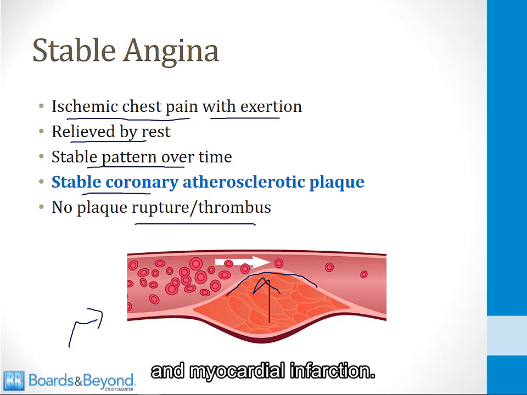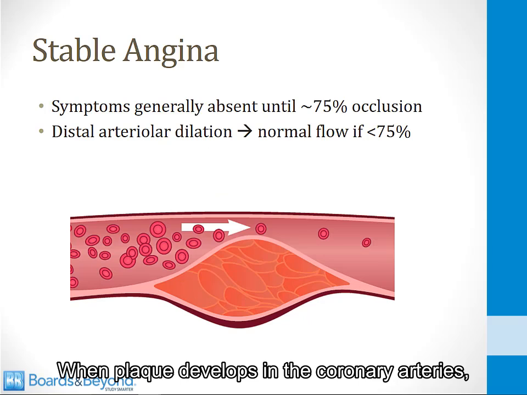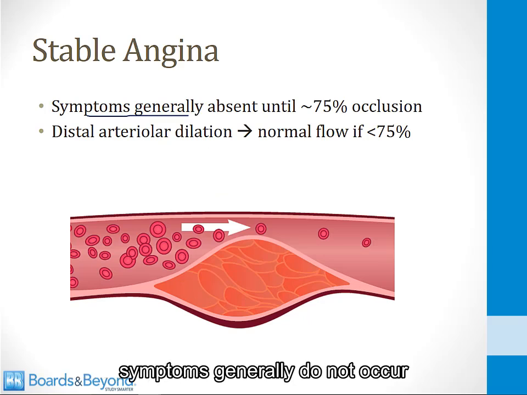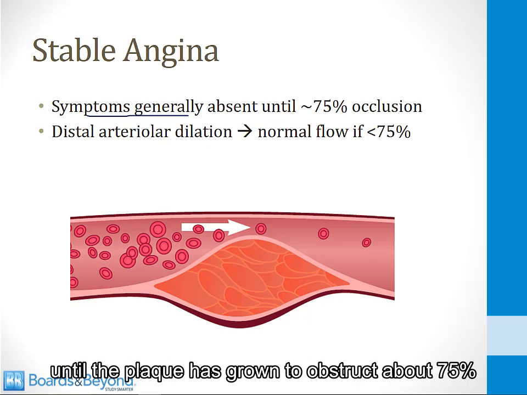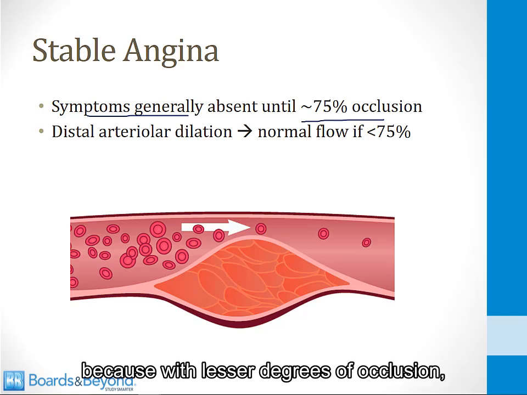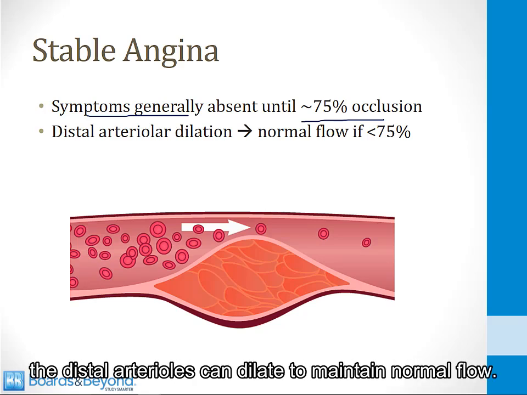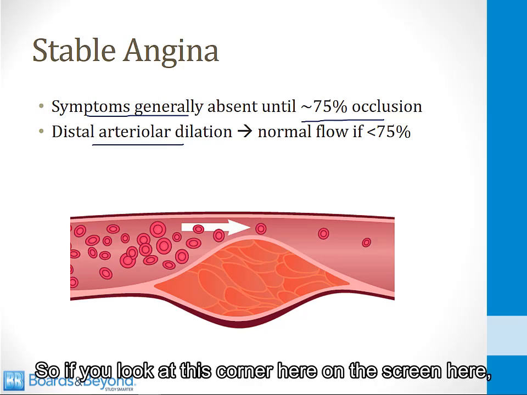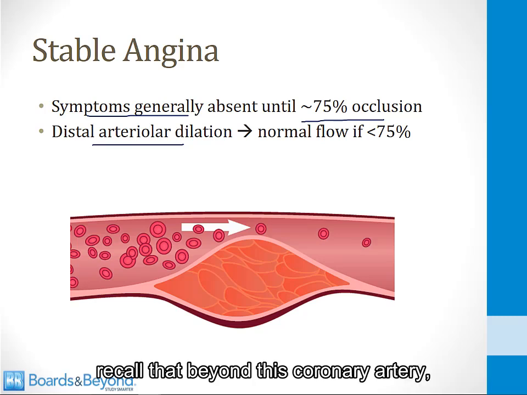angina and myocardial infarction. When plaque develops in the coronary arteries, symptoms generally do not occur until the plaque has grown to obstruct about 75% of the lumen of the vessel. The reason this is the case is because with lesser degrees of occlusion, the distal arterioles can dilate to maintain normal flow. So if you look at this coronary artery on the screen here, recall that beyond this coronary artery,